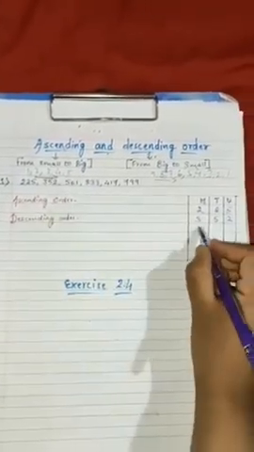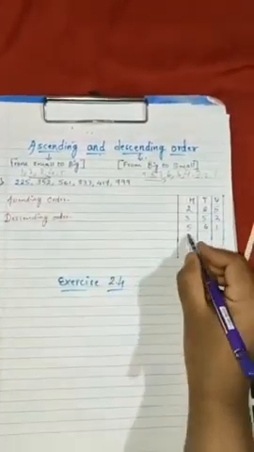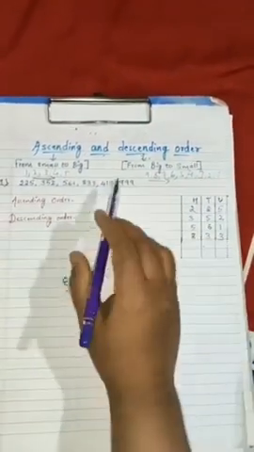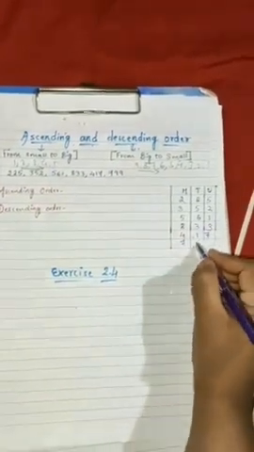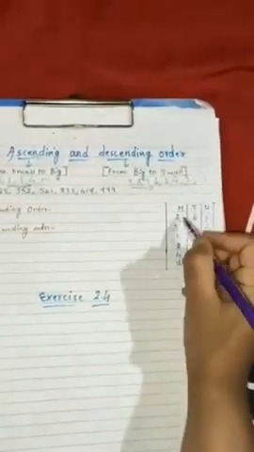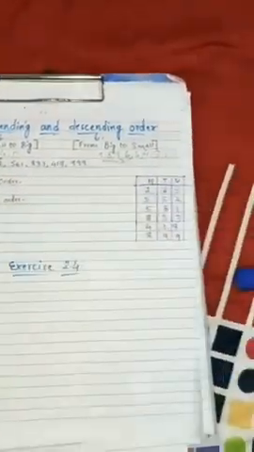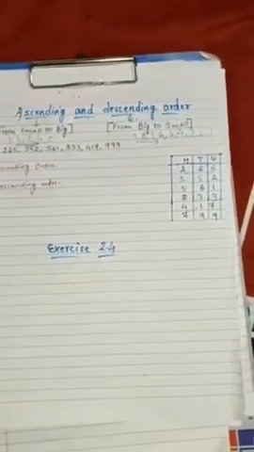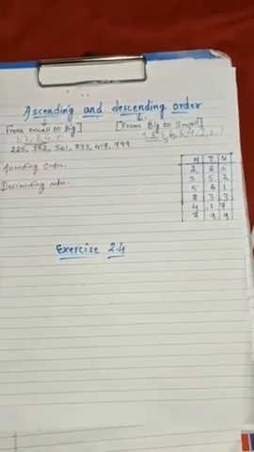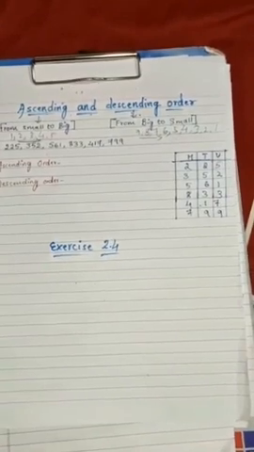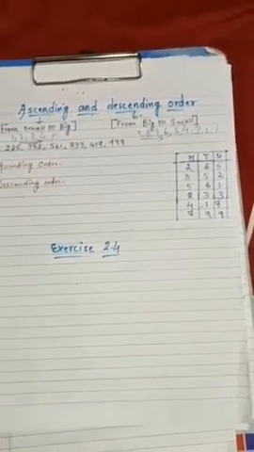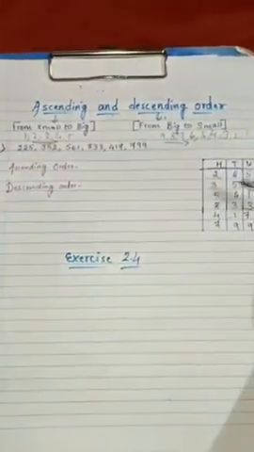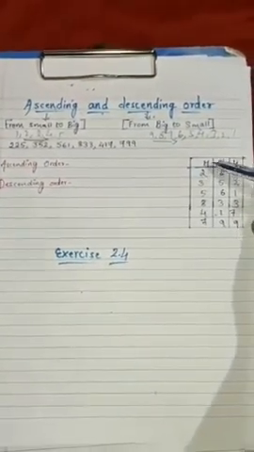Next 561, 833, 417, 799. Right, we have arranged all the numbers here. Right, now what we have to do? We have to follow the same method which we have done in the case of the biggest and the smallest numbers. Right, so what we have done there? Yes, we have started comparing the digits from the 100 place.